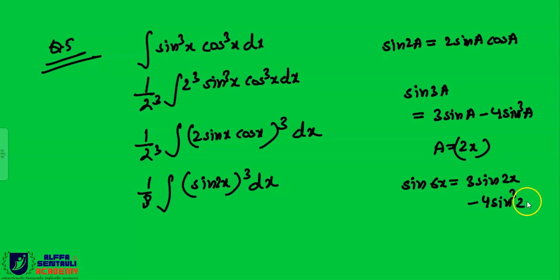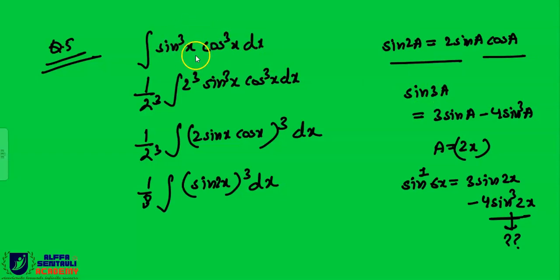cube 2x. Now beta, you have to find this value of sin cube 2x, right beta? You have to express this in terms of single power, then this question will be easily integratable, correct? Yes. So this was the hint in this question, this was the catch. This is also a two-step process.